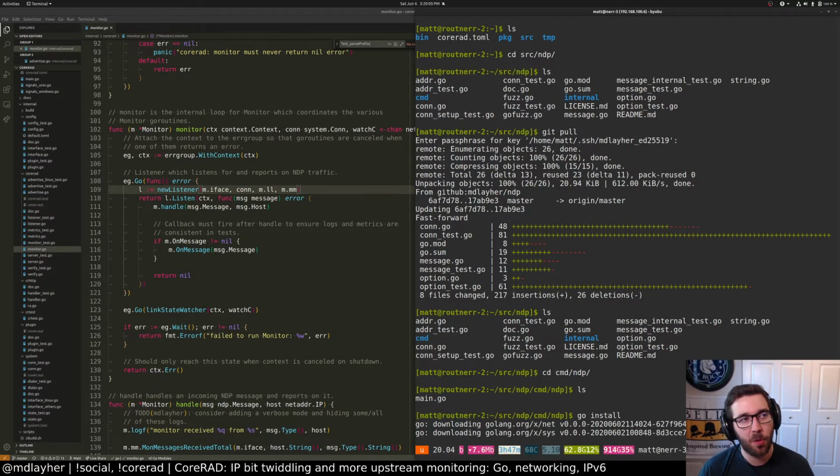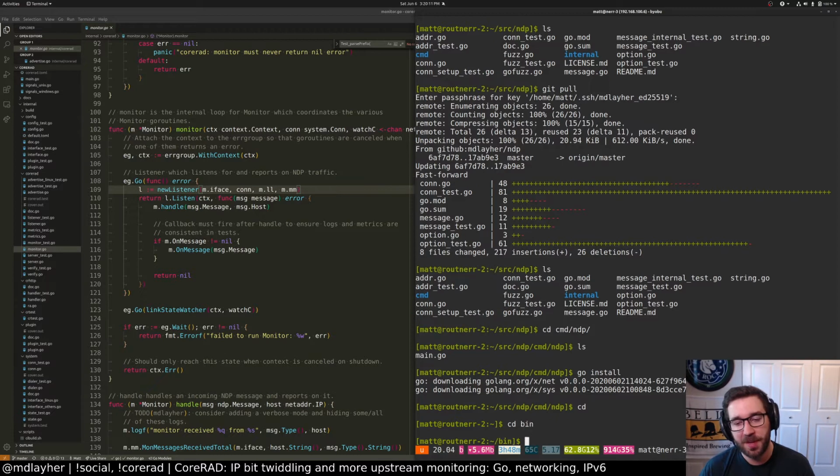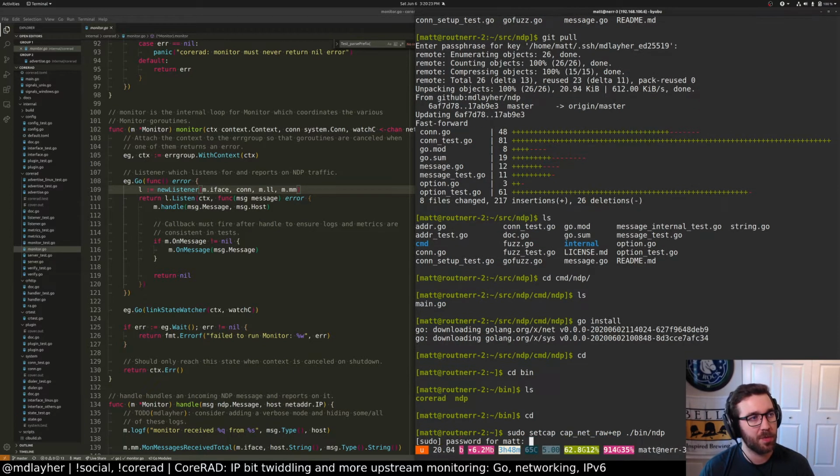I should probably just get this tool packaged, like my little NDP tool I wrote. Yeah, I think I've done it with CGO disabled a few times, but anyway, so now I want to set cap. Yeah. We just need CAP_NET_RAW because we want to open ICMPv6 sockets. So, ndp. Do the whole password thing. Fun.